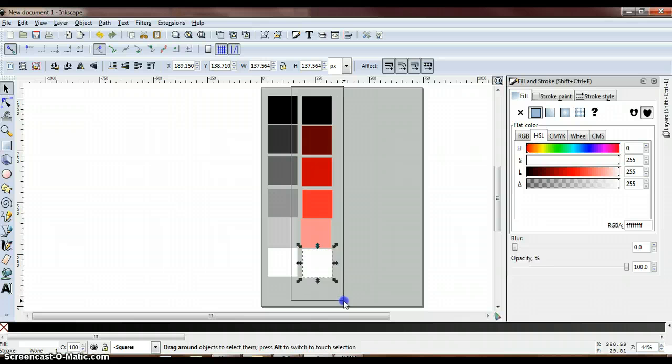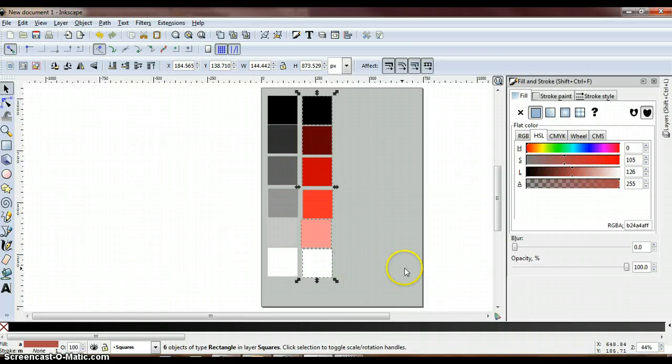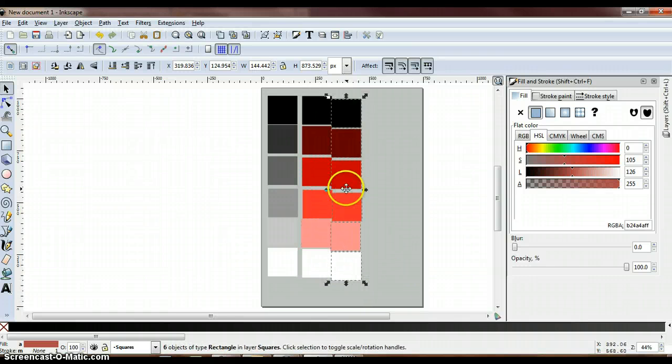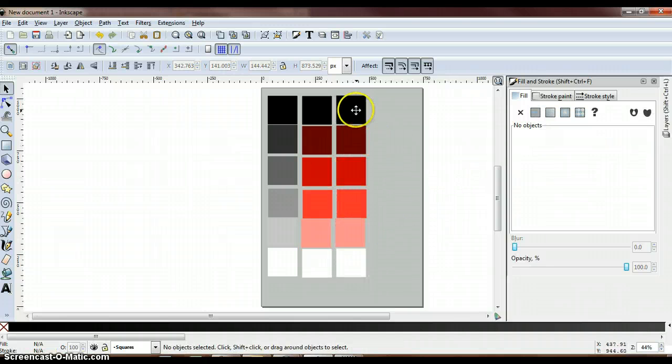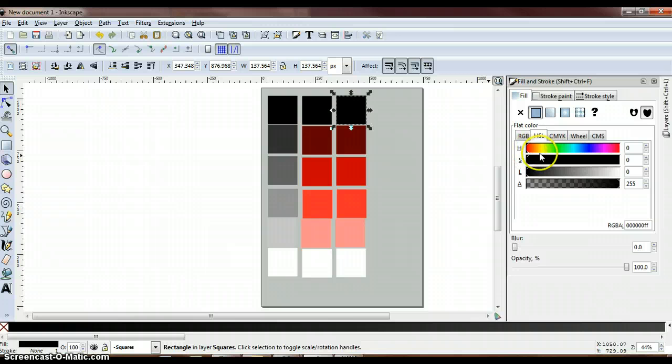So now we want to copy all the squares in our second column, Control-C, Control-V, and click off to deselect all of them. We're going to create a green color value column. So click the first square at the top of our third column and then we're going to drag our hue slider over to about 90, give us a green color. And same with our second square